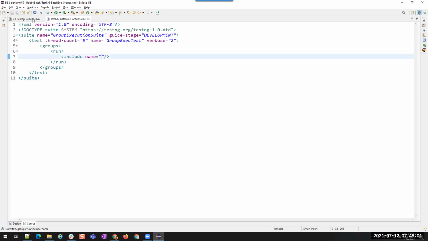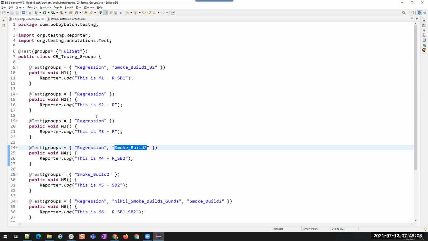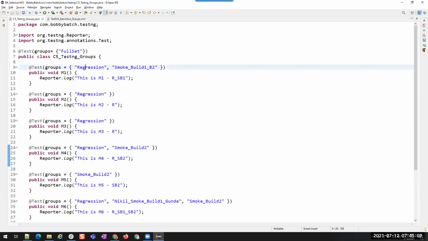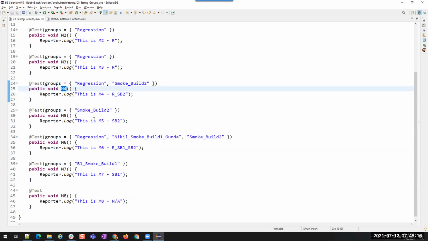Okay. Now which group do I want to execute? Here I have assigned multiple groups. Suppose I want to execute regression. How many methods are assigned to regression? M1, M2, M3, M4, and M5 is not assigned to regression. M6 is again assigned to regression. M7 is not there. So 1, 2, 3, 4, and 6.